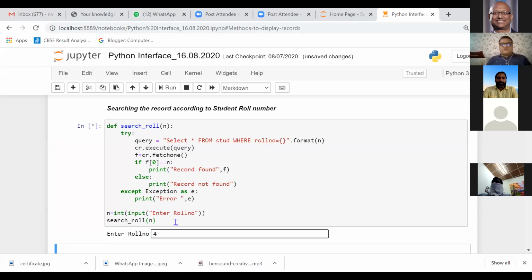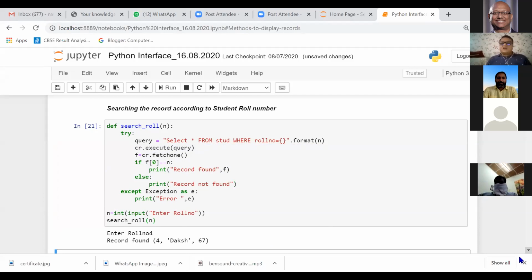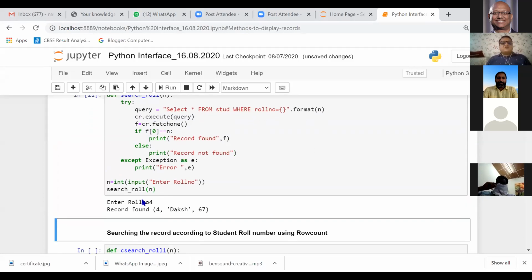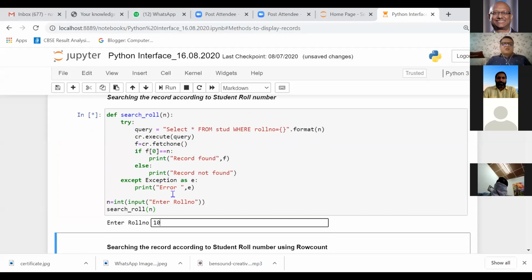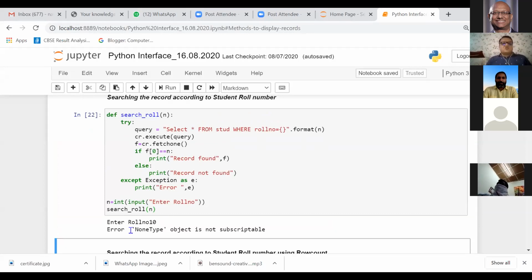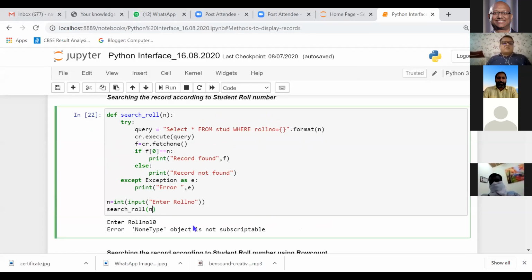So I'll write here 4, and we can see that the value is there. And if I run this code and enter any roll number which is not there, it will show the error: NoneType object is not subscriptable. So there is an error because the value which I am sending does not match with the